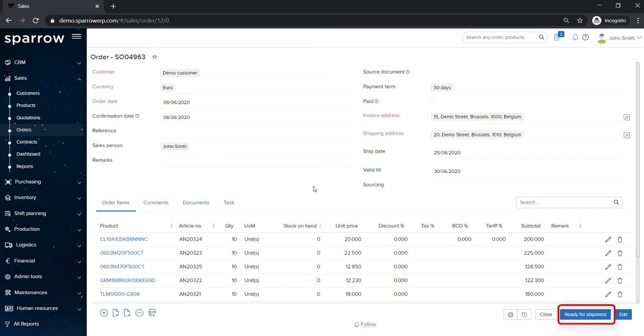If you do not have enough stock of the products, then it comes down to how your product's procurement route is set. In case of trading, it would be buy route, and in case you are a manufacturer, it would be make to order or make to stock route. In any of the above cases, you will have to first do the procurement of the items. We will do that in one of our next videos.